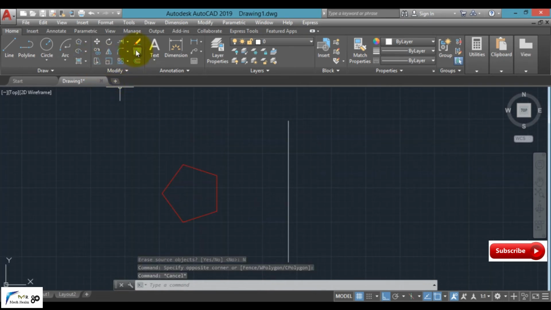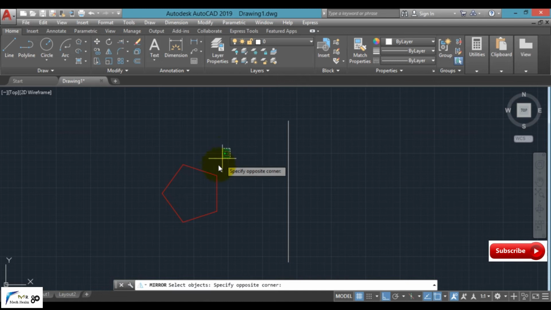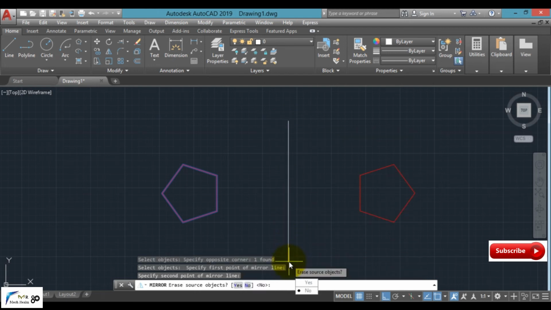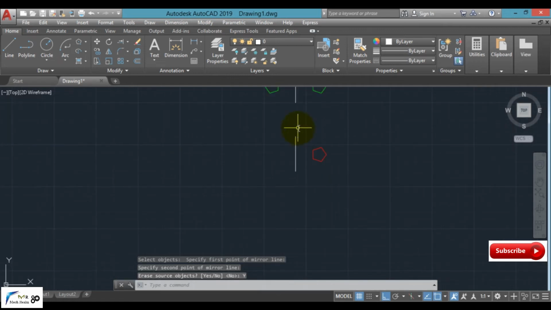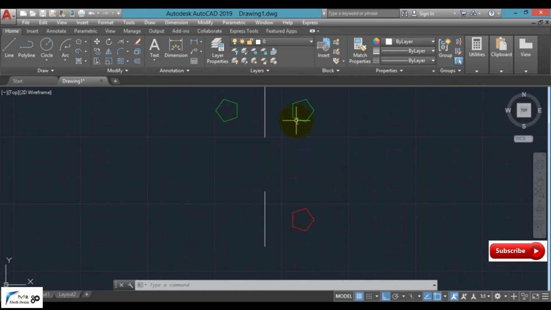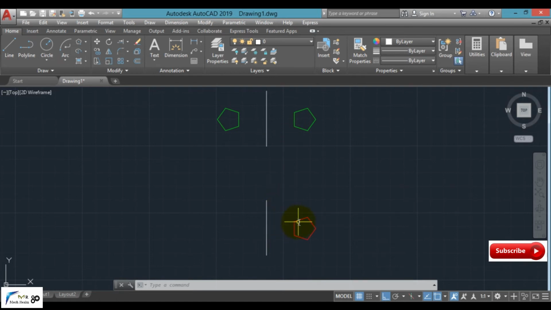Now moving to our next case in the mirror command, simply select mirror, select the object to be mirrored, press enter key, select a start point and end point of the mirror line, and in this case I am going to select yes for erasing the source object. Clear? Now the difference can be seen that in the first case the source object and the mirrored object both are retained, but in our next case the source object has been deleted. Clear? So this was the basic difference between erasing the source object, yes and no.